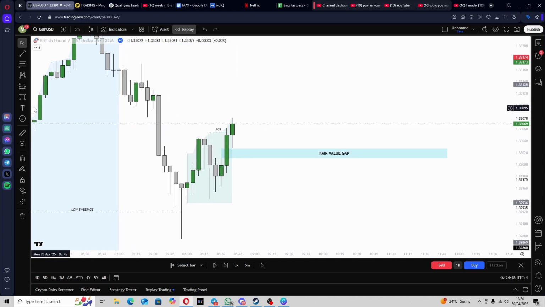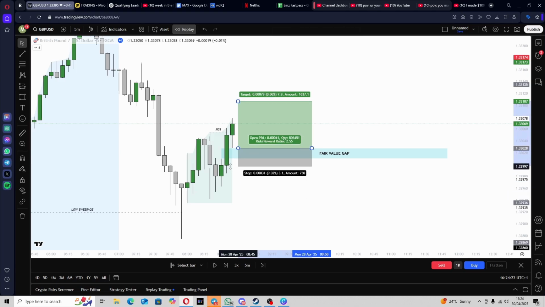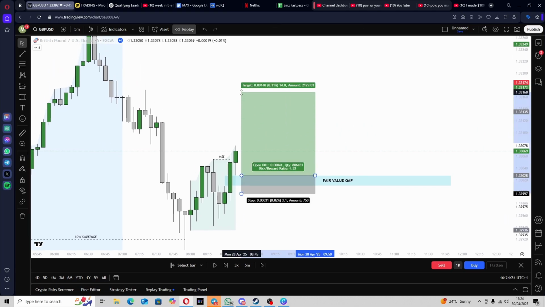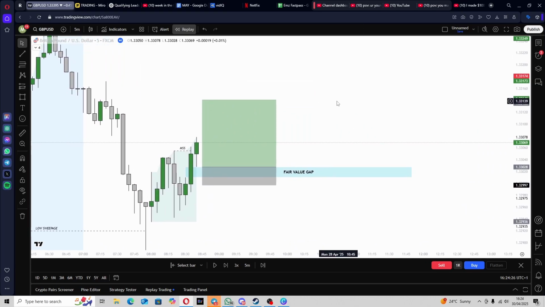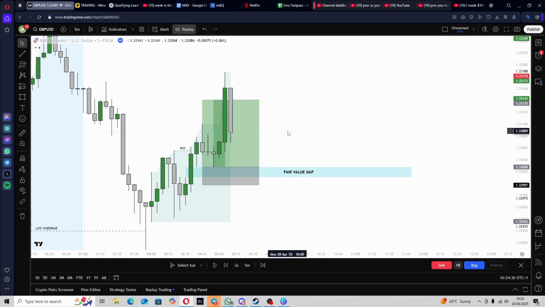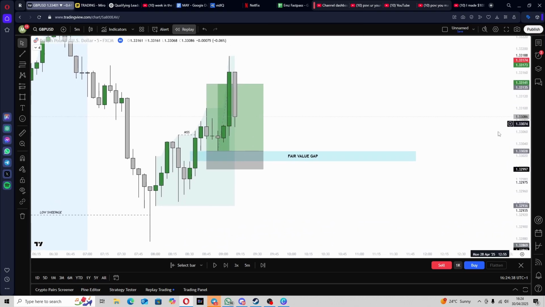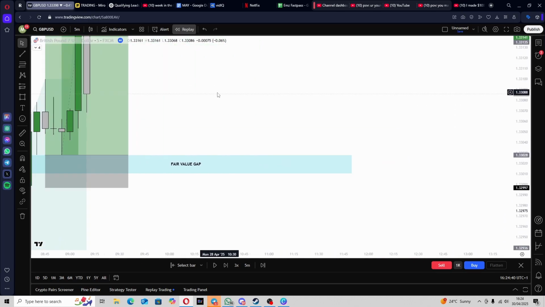But what we need to do from here is actually enter our position, place in our stop loss just below the first candle after FVG, and place in our take profit at the 1-to-3 risk to reward ratio. Right, as soon as we do all of this, what we need to do now is actually play price forward right there, and you're gonna see how price entered right there and it's completely smashed take profit. You can see it's barely entered by a single wick,